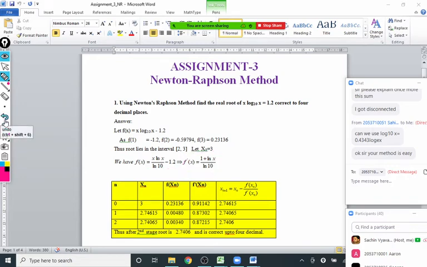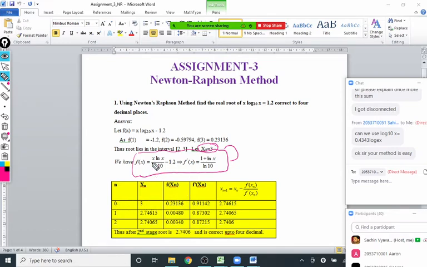So for the Newton-Raphson method, we require x0, which is 3, and we require these two things. So these three things are required, and you can start a table again. So n, xn, f of xn, f dash xn, and the iteration formula, xn+1 is equal to xn minus f of xn upon f dash xn. So n is 0, that is x0. x0 is 3.